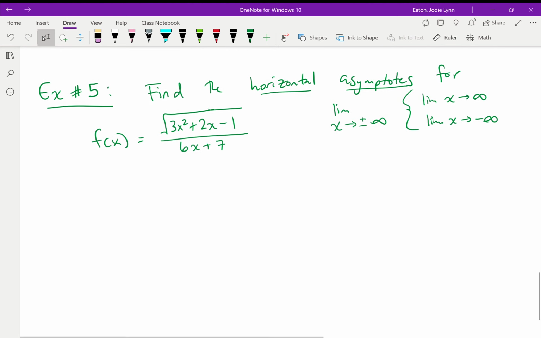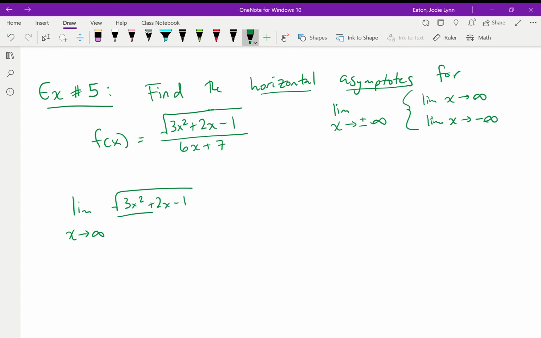So let's look at plus infinity. The limit as x approaches infinity of radical 3x squared plus 2x minus 1 over 6x plus 7. We're going to divide everything by the highest power of x in the denominator, which is x. In order to divide under the square root, I'm going to be multiplying. So think about, I'm multiplying everything by 1 over x, but